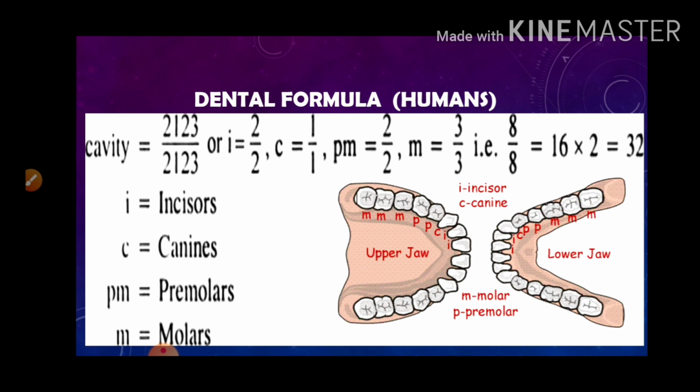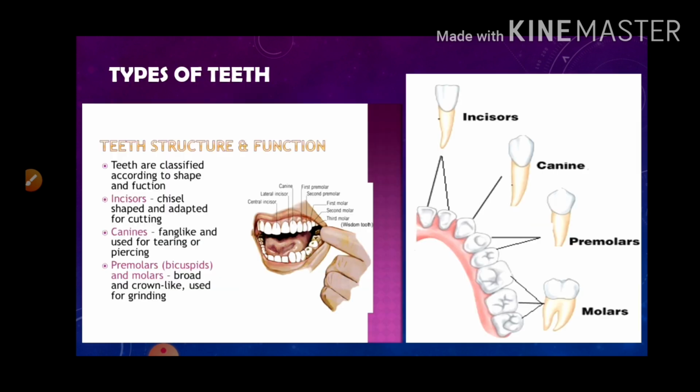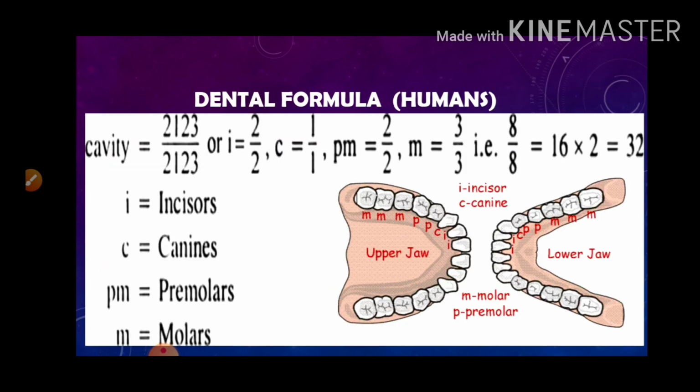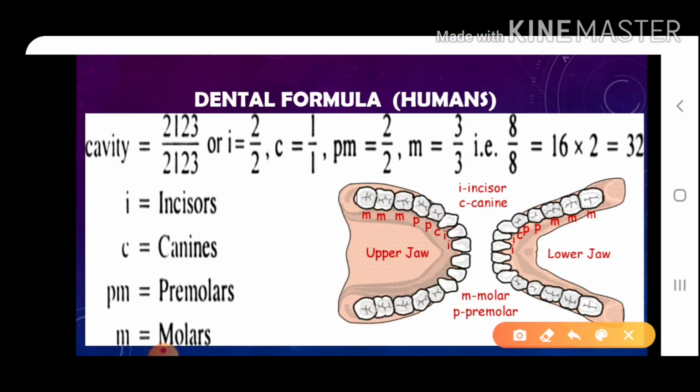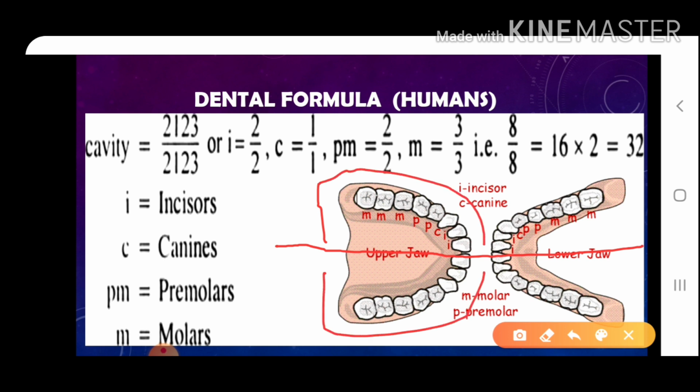So what we have to do is, we have this lateral cross section that has been shown for upper jaw and lower jaw. From here, we draw a line of symmetry that can divide this jaw into two halves. When you divide this jaw into two halves, you will get two identical halves, this upper half and then this half. So we will take only one half and we will consider the teeth which are present on this.